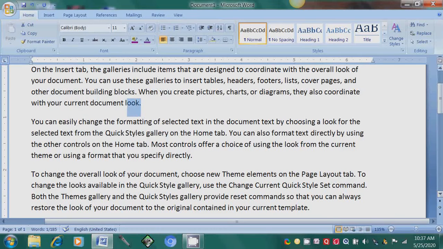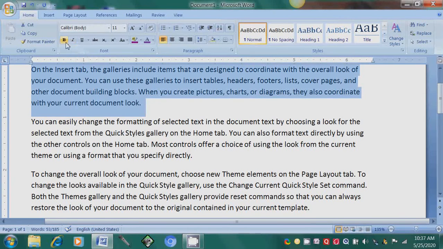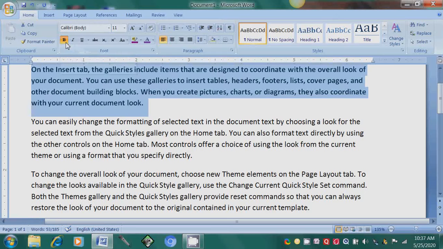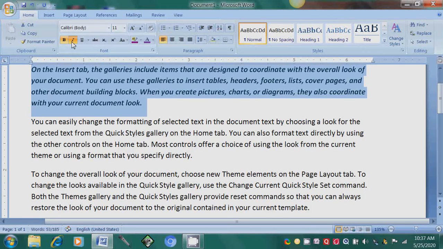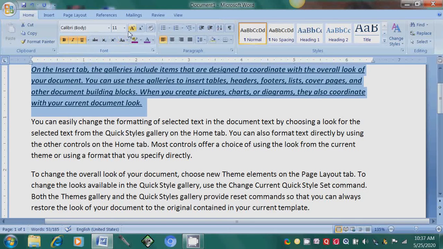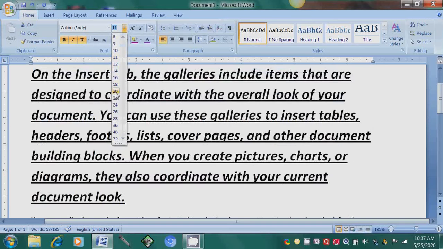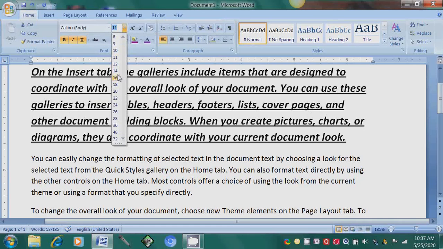First of all, you select some text. I am using shift plus arrow to select the text. Now we can apply bold to make the text bold, italic to make the text slanted, underline to underline the text. To increase the size, we can select text size,